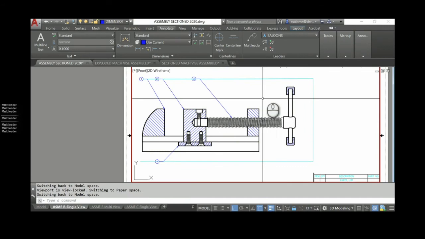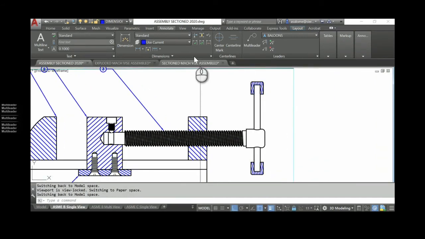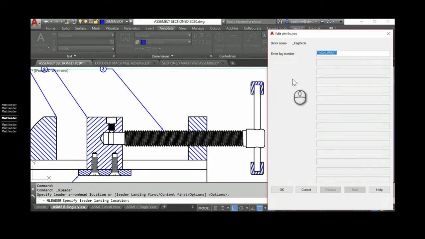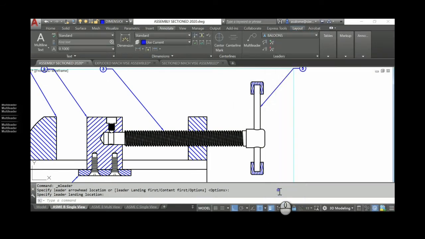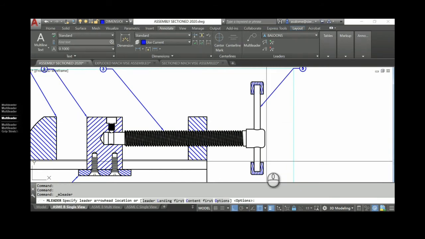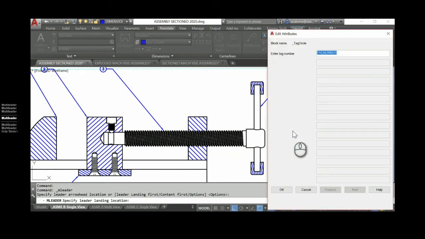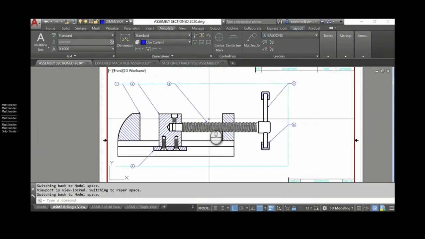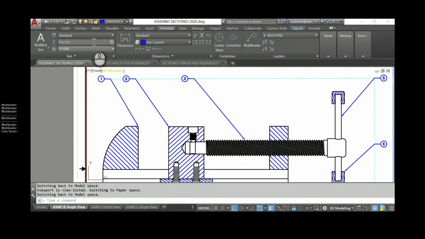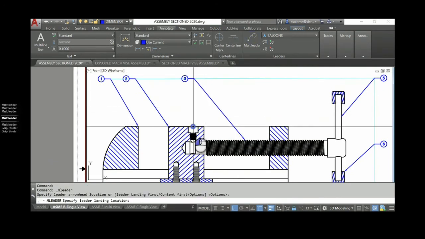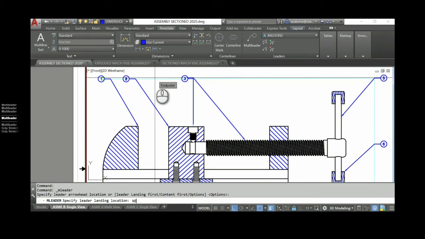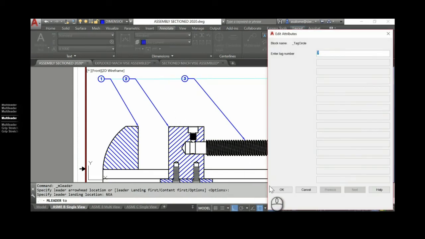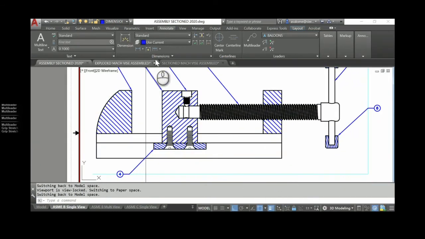And then, I don't know, let's do this one as number 5. And we'll do the caps as number 6. And we will call this little adjusting screw number 7. And the screws under the bottom.